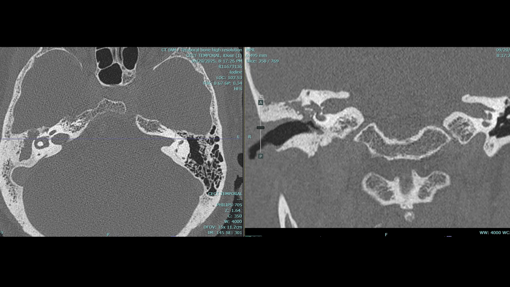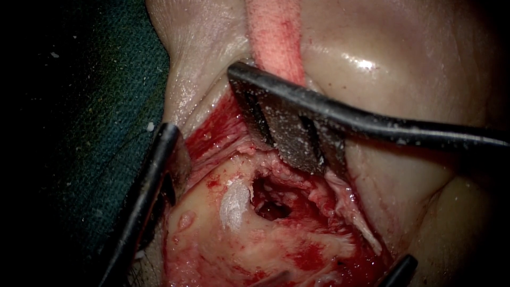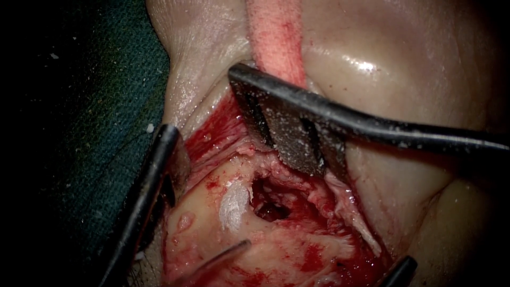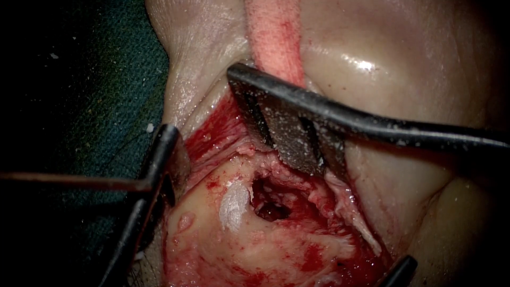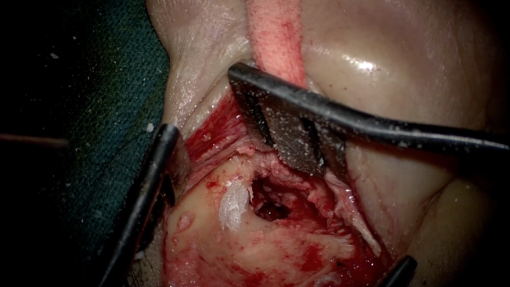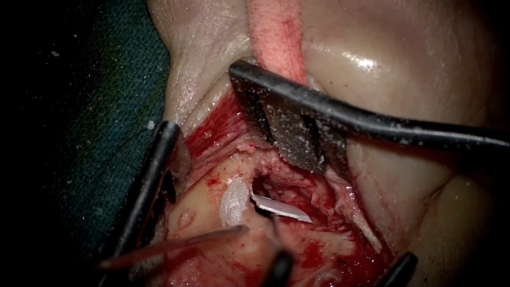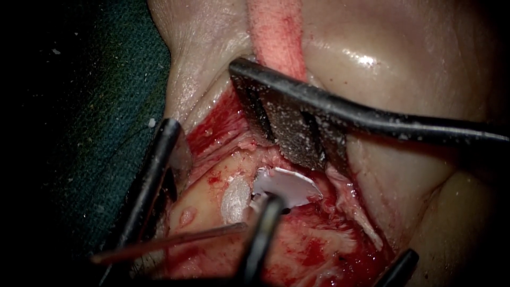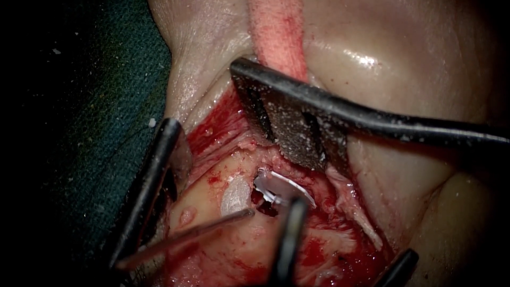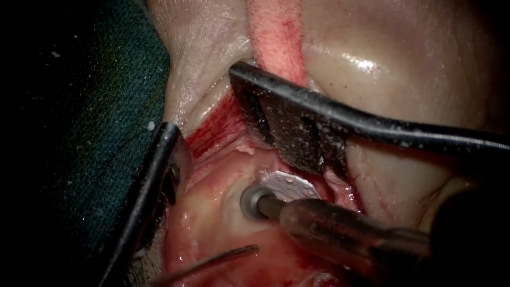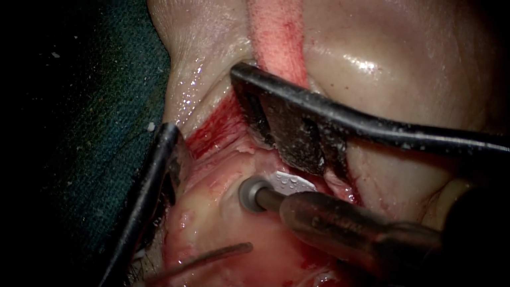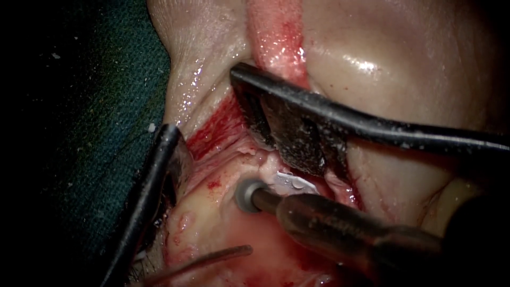A CT scan, a non-contrast high-resolution CT, shows the presence of mastoid disease with the presence of a lateral canal fistula. And the plan here is to do a canal wall down mastoidectomy. There is already a severe hearing loss on the affected side, with the other ear being normal. So we are going to go ahead with the canal wall down mastoidectomy in this case with a standard post-aural